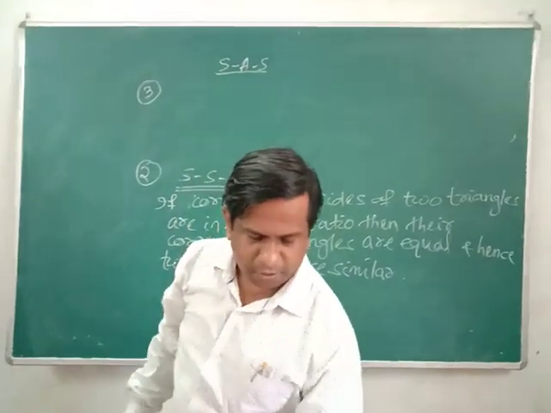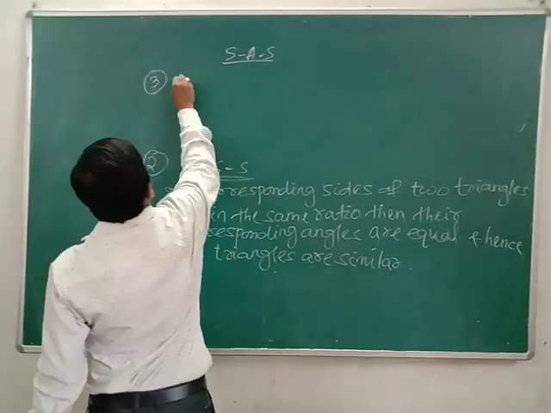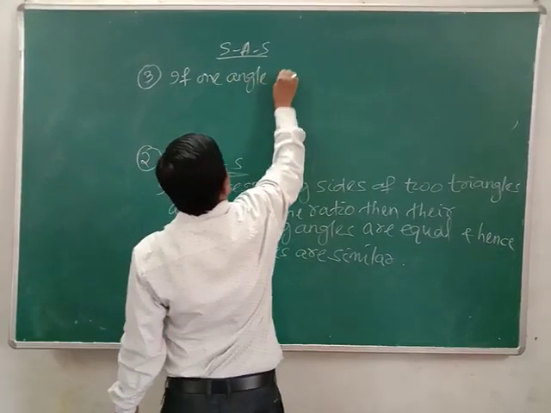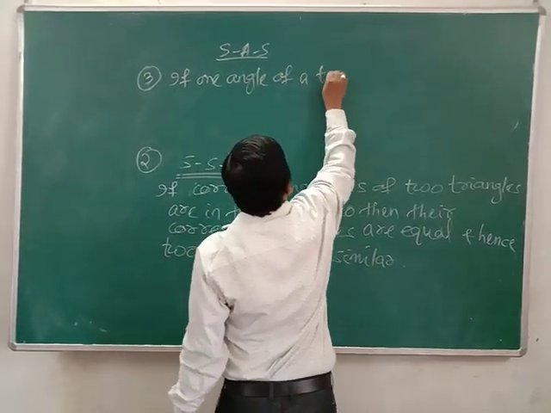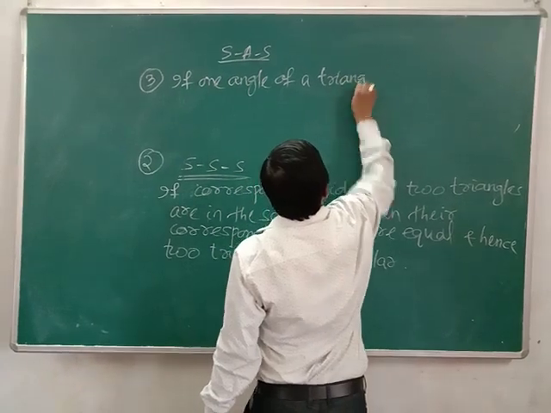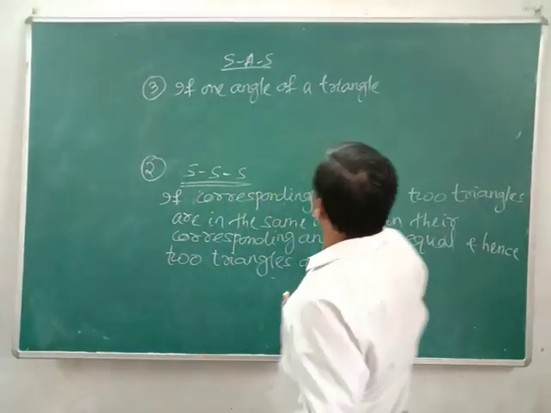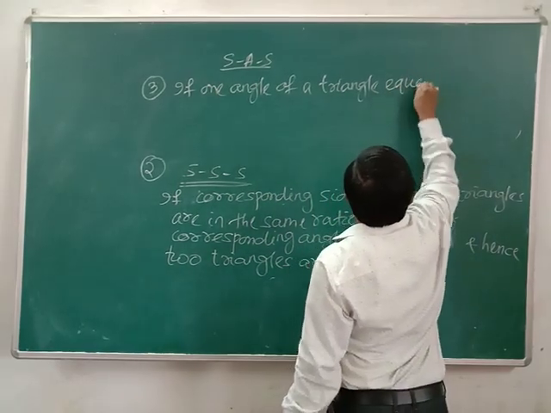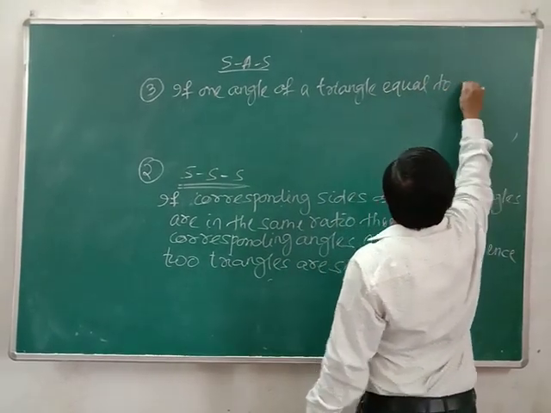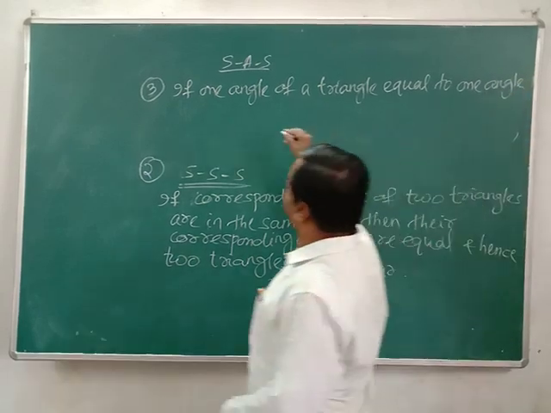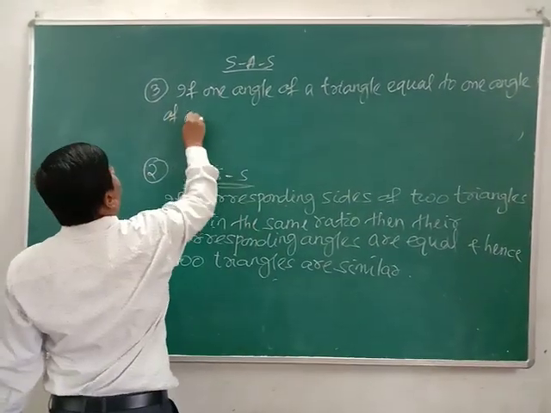So what is SAS? If one angle of a triangle is equal to one angle of another triangle